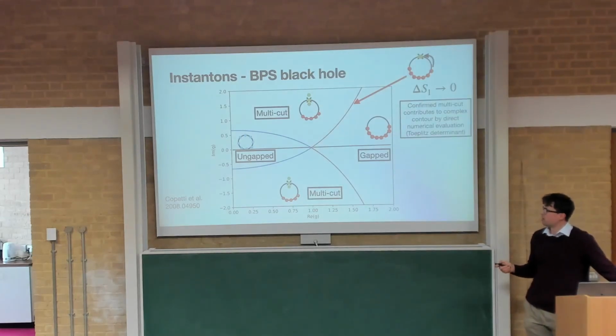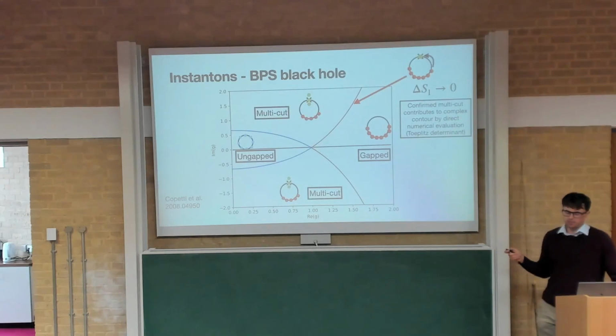You might think that you have to consider Lefschetz thimble analysis to check whether these multi-cut saddles are actually dominating. But there's an exact expression that you can evaluate numerically, and you can see that there is a genuine phase transition here as these new multi-cut distributions begin to dominate.